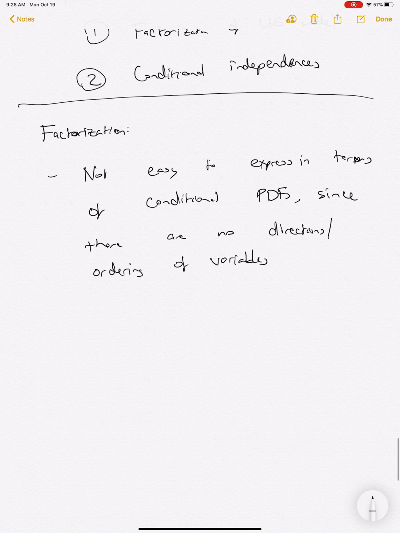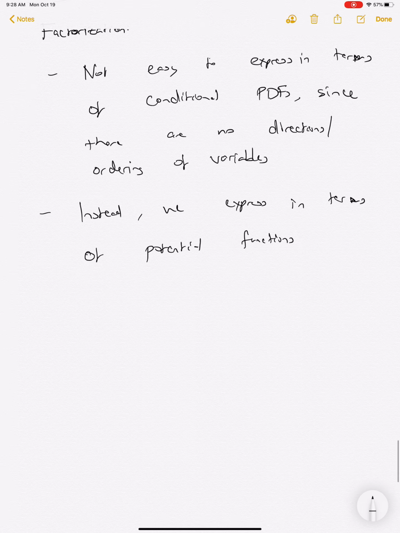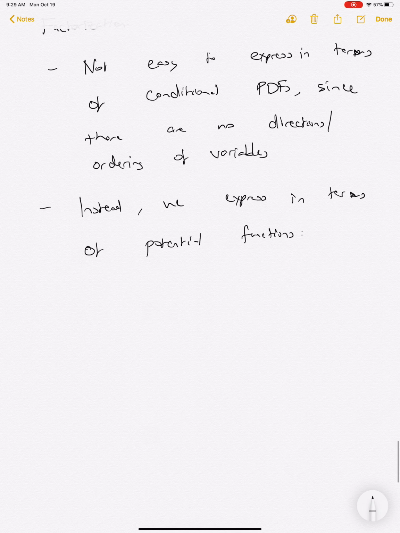Okay, and so instead we express in terms of potential functions. And I mean, this is a pretty new concept potentially for a lot of you. So we're gonna kind of go through it slowly and give an example. So potential functions. So what that means is that the factorization